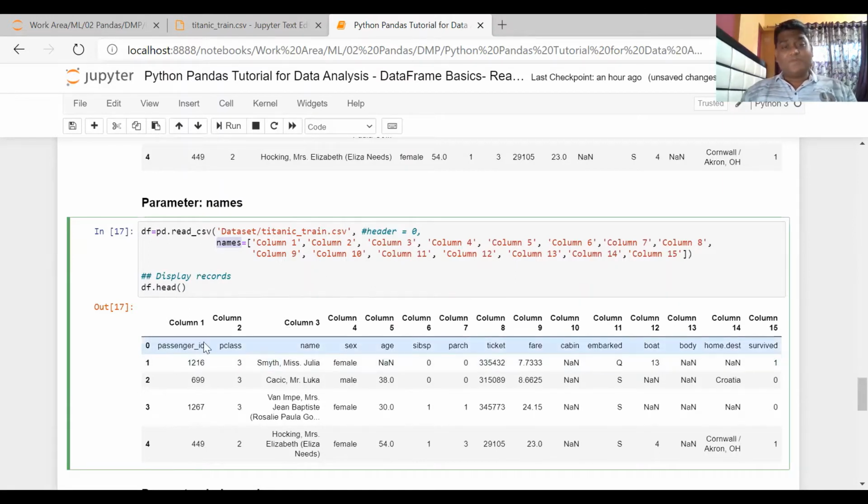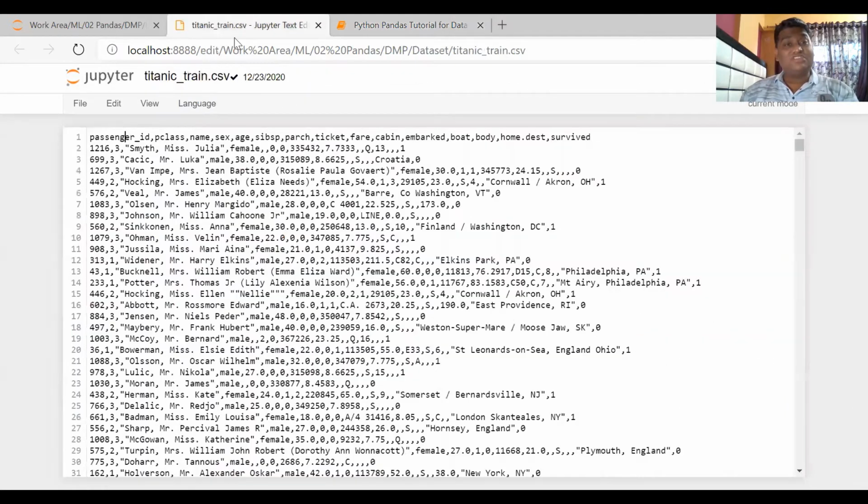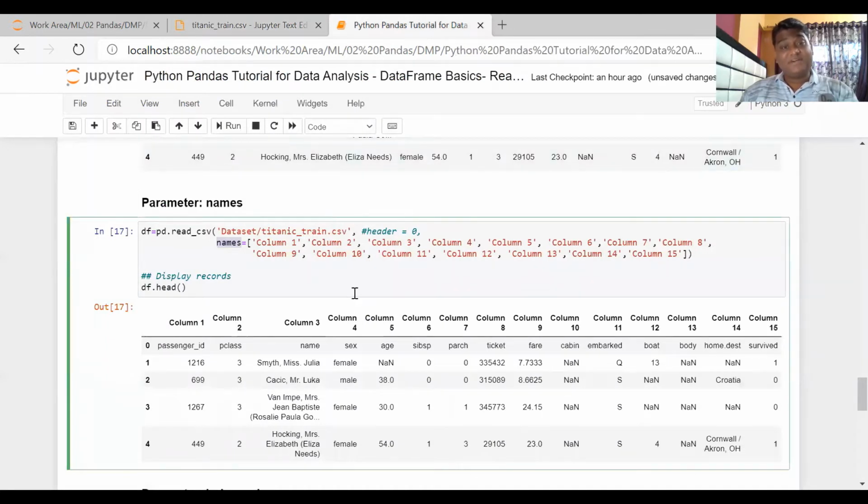Now suppose your first record is a header, and you don't want to read that record as a header, you want to use the header you supplied here.